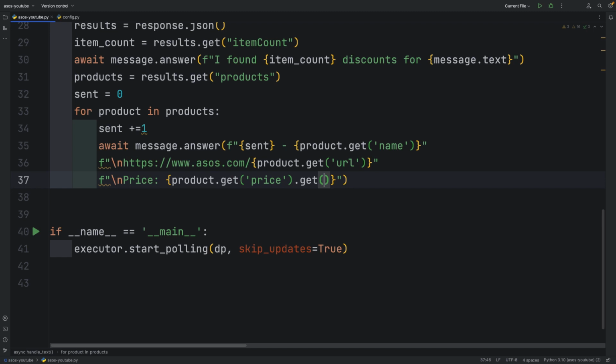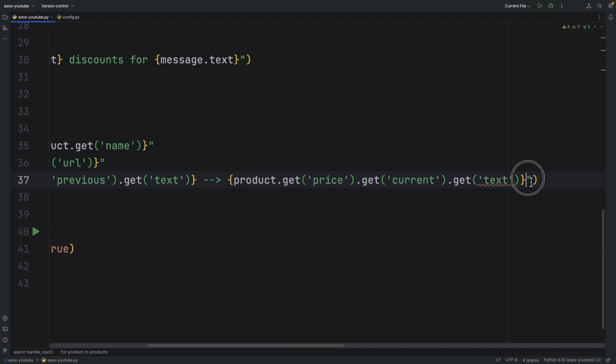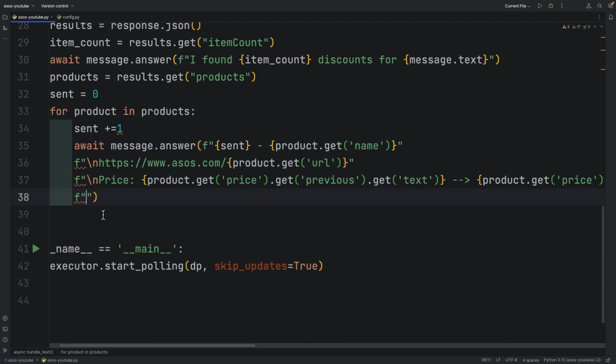Then inside price, let's get previous. And then get text. The same for the current price. After that, I will add the query that we use to search for these products.